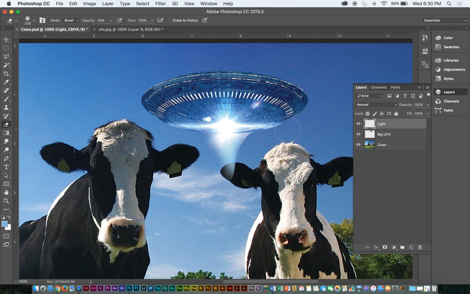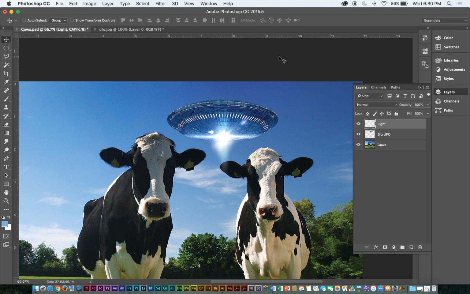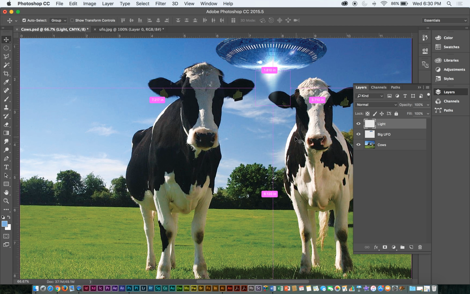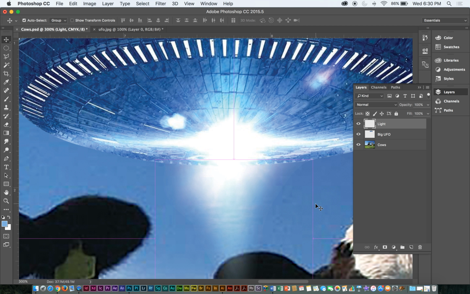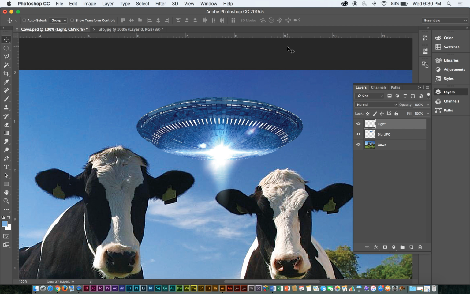I had a plan, and my plan was to separate this light part because that's the piece that I'm concerned with, and it's going to make my job a lot easier because I don't have to deal with that stuff anymore, or that UFO right now. So now that looks decent, better than I thought it would look. I could stop there,